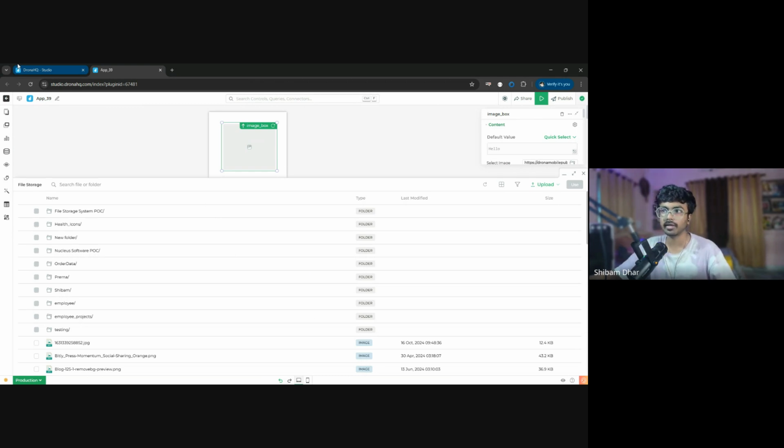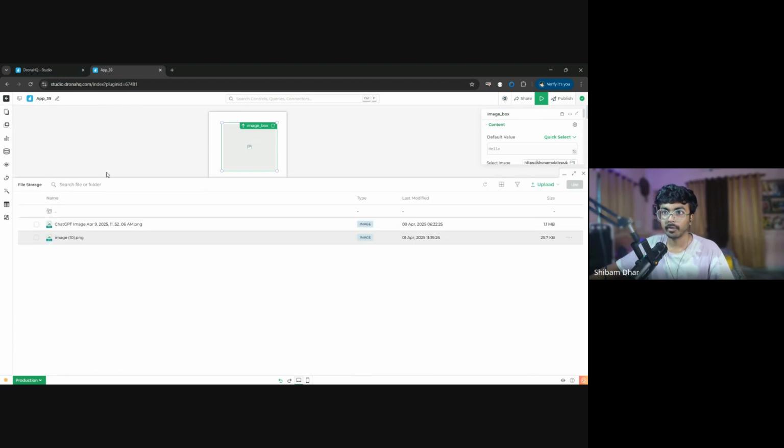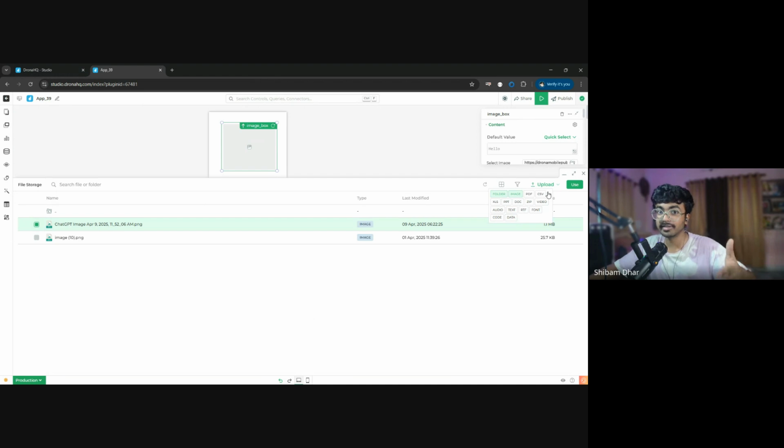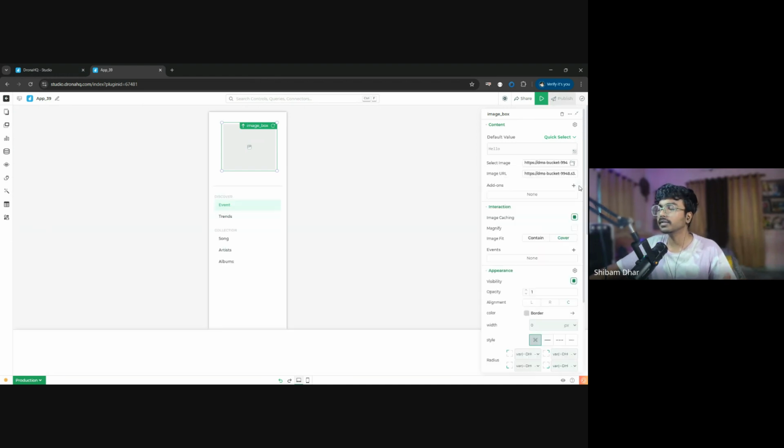Both parts are pretty obvious and simply useful. Like if you want to put up a PPT or an image, you can use the file storage, which I did. And right here I have my own file, and if I select the image from here, you have all these options like PPT, docs, zip, video, audio, text, each and everything. But the database part is actually being used as a DB. So let's use this one and